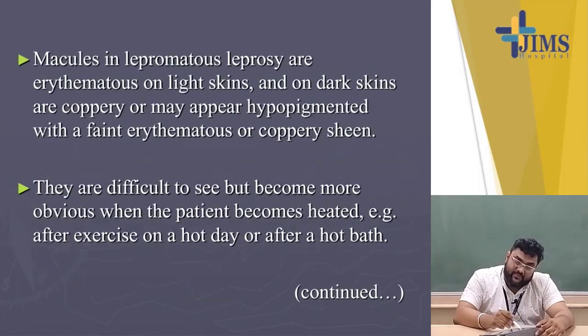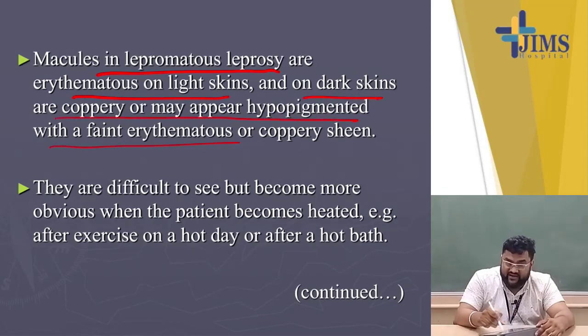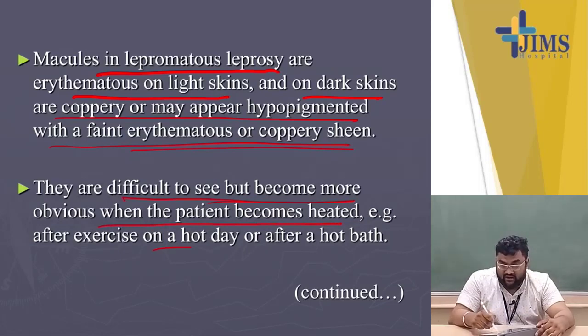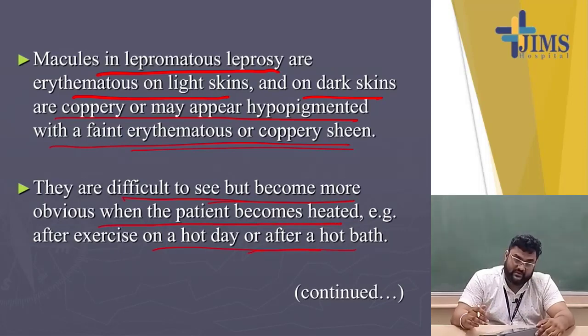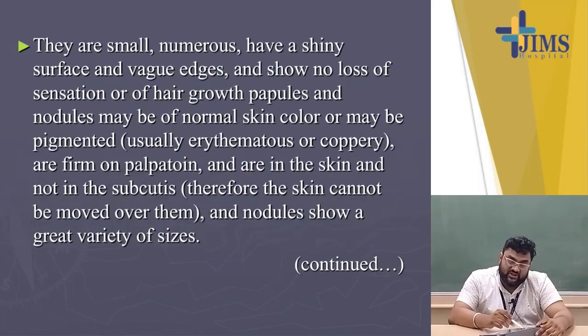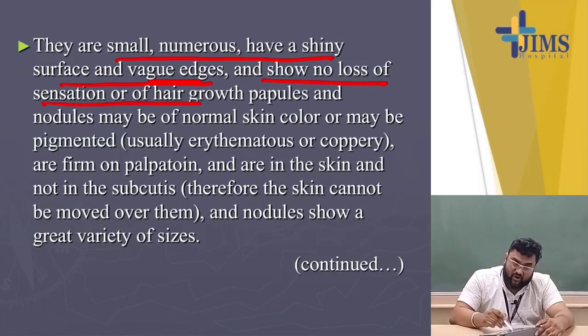The macules in lepromatous leprosy are erythematous in light skin, and on dark skin are coppery or may appear hyperpigmented with a faint erythematous or coppery sheen. They are difficult to see but become more obvious when the patient becomes heated, after exercise on a hot day or after a hot bath. They are small, numerous, have a shiny surface and vague edges, and show no loss of sensation